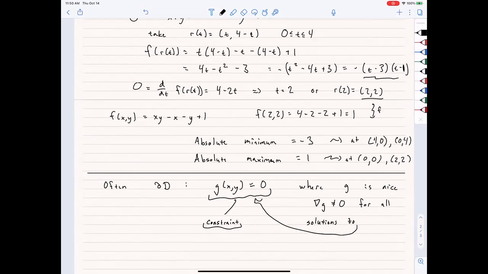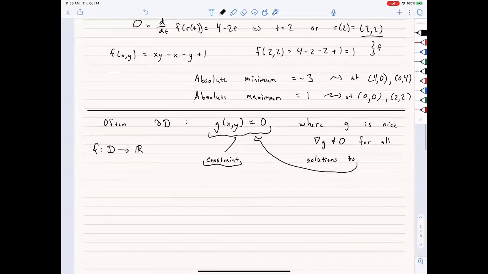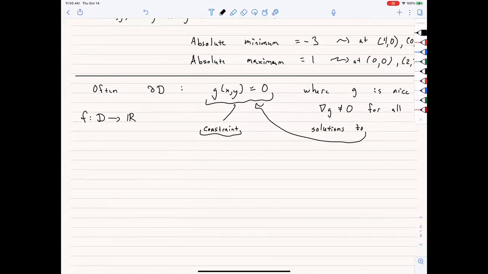This is all done in this context with a background function f that we're trying to extremize. So we have some function f that's sending our domain to real numbers, and we're interested in the values of f and the points where we achieve critical points of f. And now here comes a very tricky and delicate thing, which is if we just look at f on the boundary,